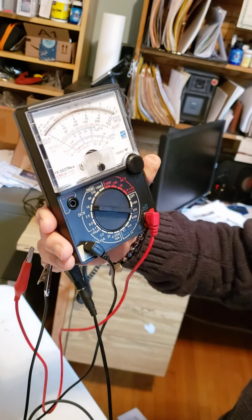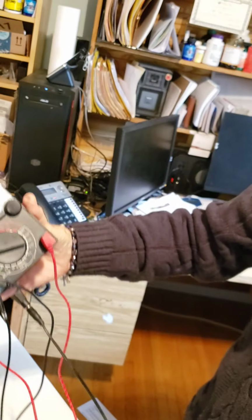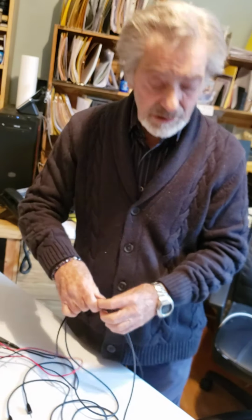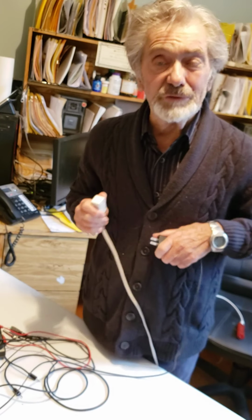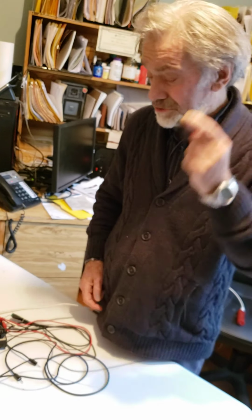So beware of that, and make sure you check these cables out before you report an instrument as being faulty and return it. And I would recommend you get duplicates of all of these vulnerable items. Get two of each, at least